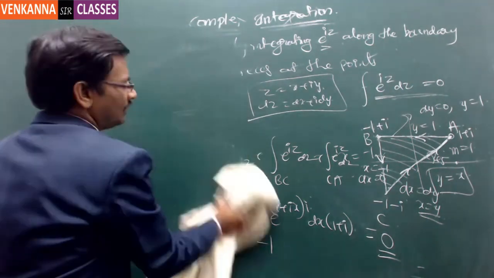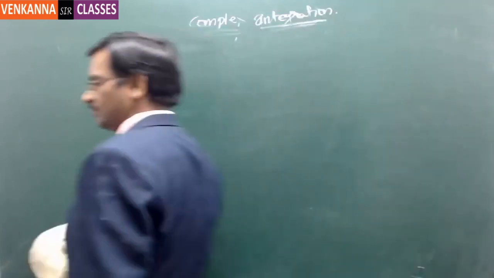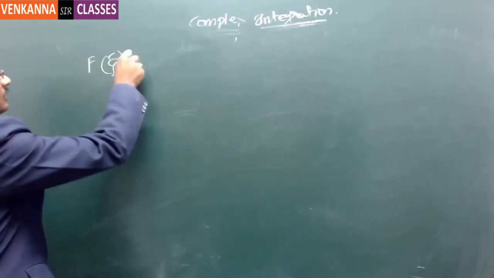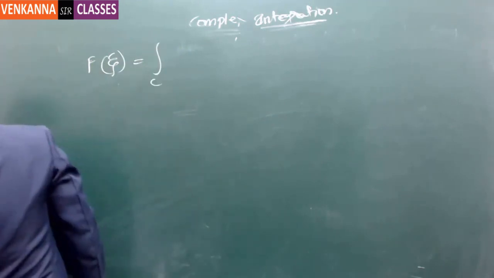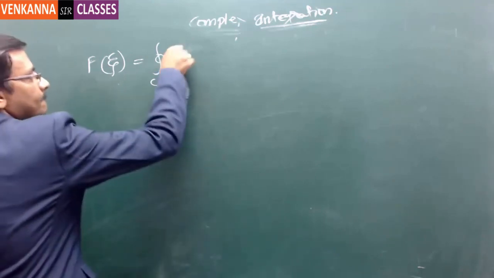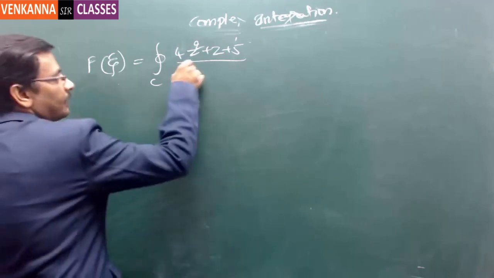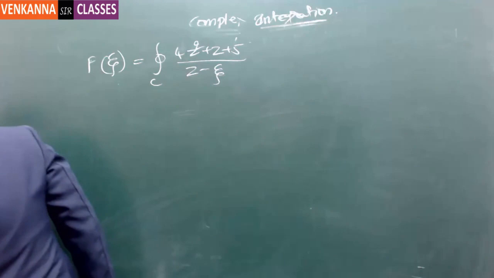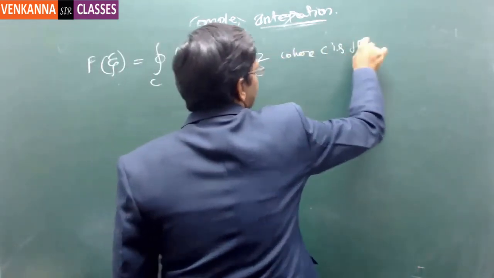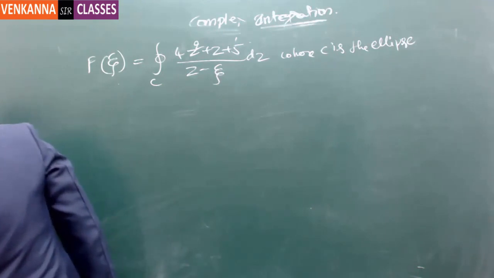One last problem on contour integration. Integral over the contour C of f of xi is equal to the integral over the contour C, this is a closed line integral, of (4z square plus z plus 5) divided by (z minus xi) dz, where C is the ellipse (x by 2) whole square plus (y by 3) whole square is equal to 1. Find the value of